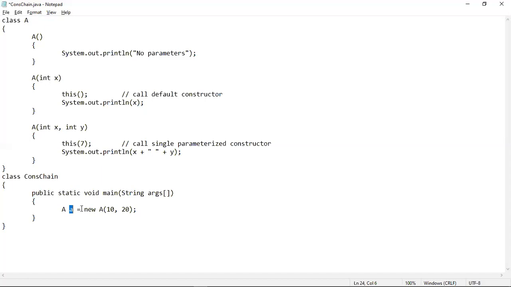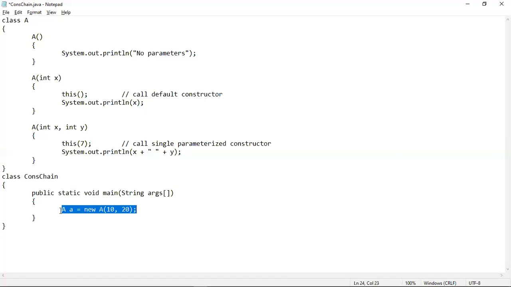In that program there were three overloaded constructors, so we created three objects in order to call all the versions. But here, as we have used this method to implement constructor chaining, we don't need to create three objects to call all these three constructors. We just need to create one object.